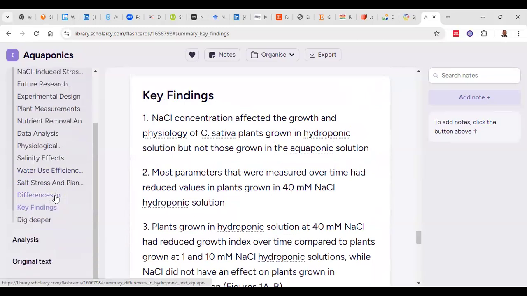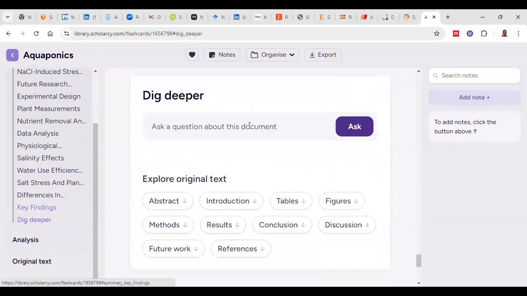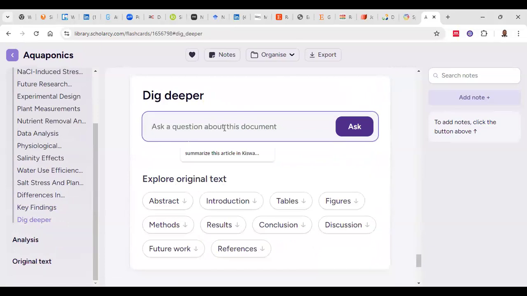Let's say you want to dig deeper into this paper. There's what we call dig deeper, for example. If you want to dig deeper, you can ask this paper a question here. You can even tell it to summarize in a different language. You can tell it to summarize in French or in Kiswahili, for example. But let's ask it a question of